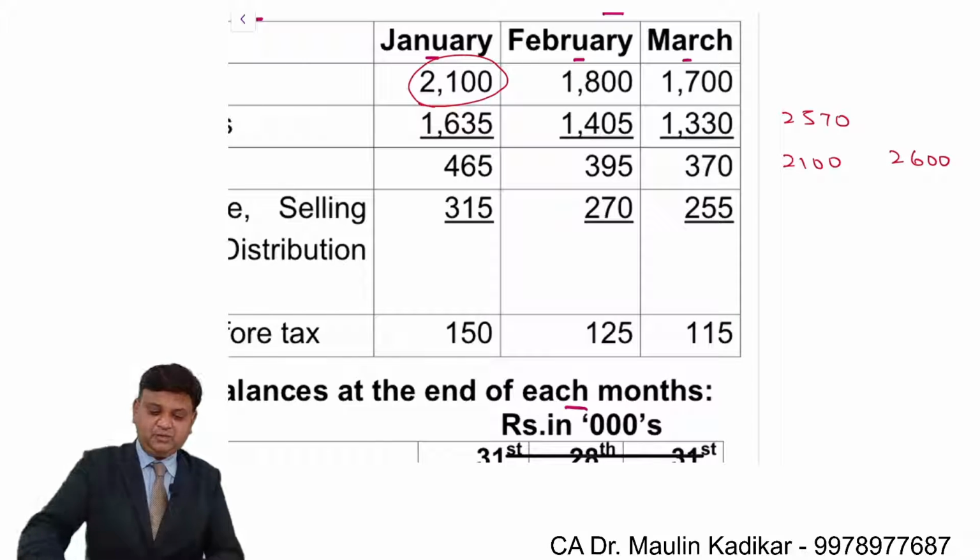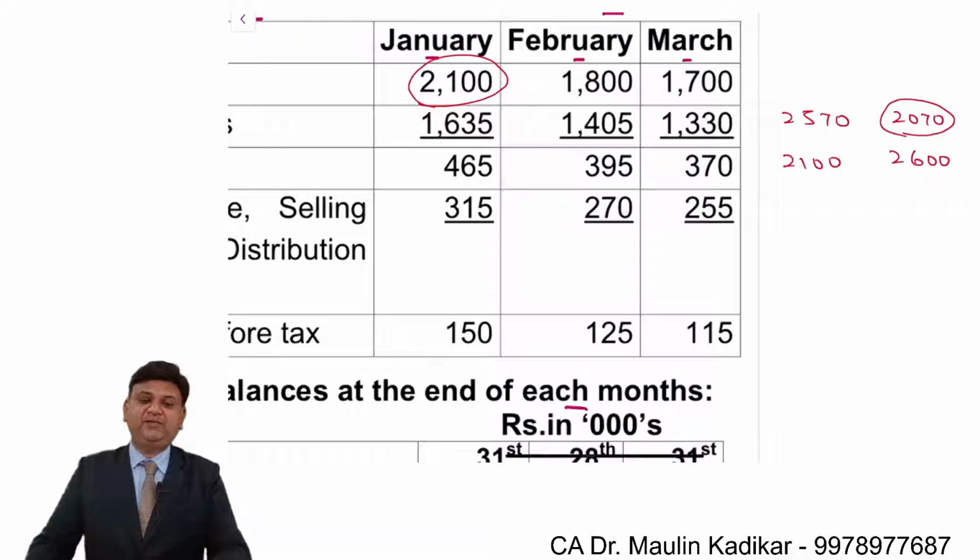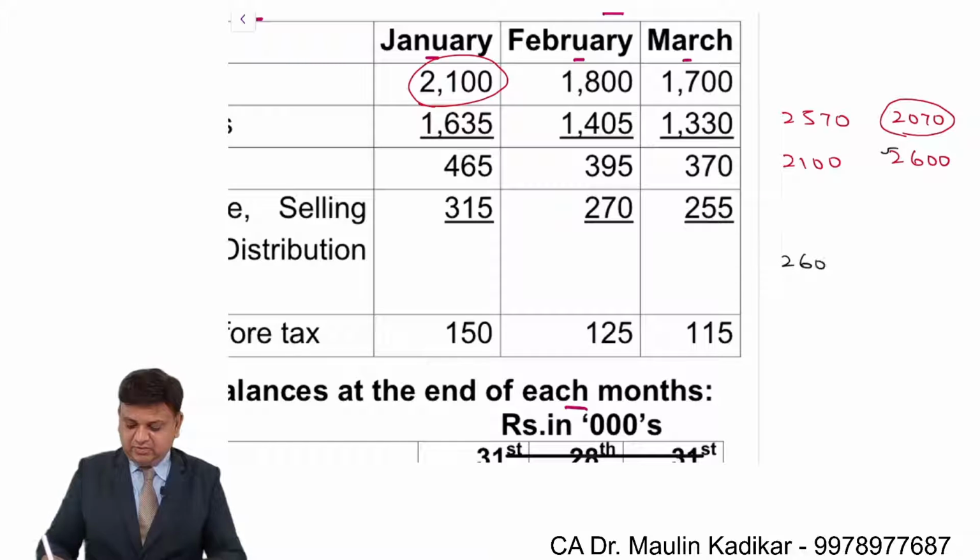What does it mean? 2570 plus 2100 minus 2600. That is a collection of 2070. This is the way we can compute the collection from the debtors in the month of January. In February, what will happen? This 2600 will continue. That is 2,60,000 basically. Sales is 1800